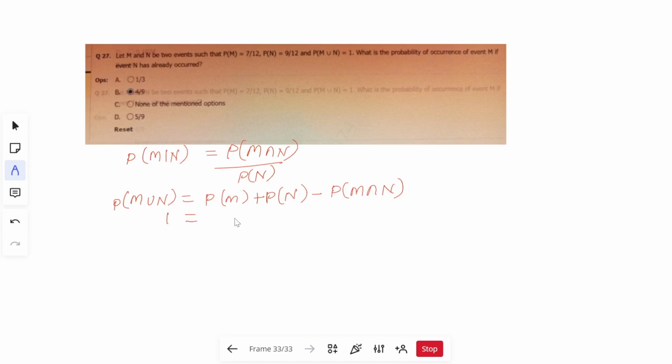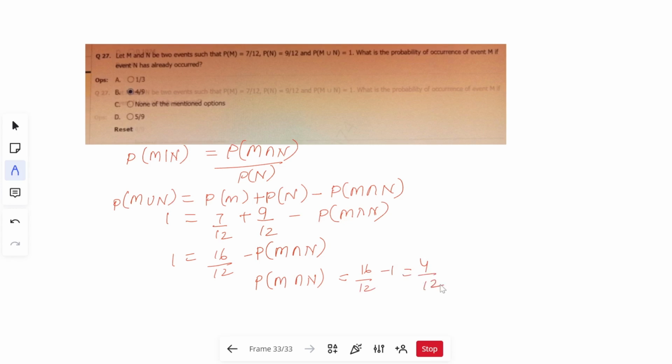See, the probability of M is given to us as 7 by 12 plus 9 by 12 minus the probability of M intersection N. Then we will solve this and get 1 equals 16 by 12. Then we substitute the same values. Finally solving it, we get 16 by 12 minus 1, which is going to equal